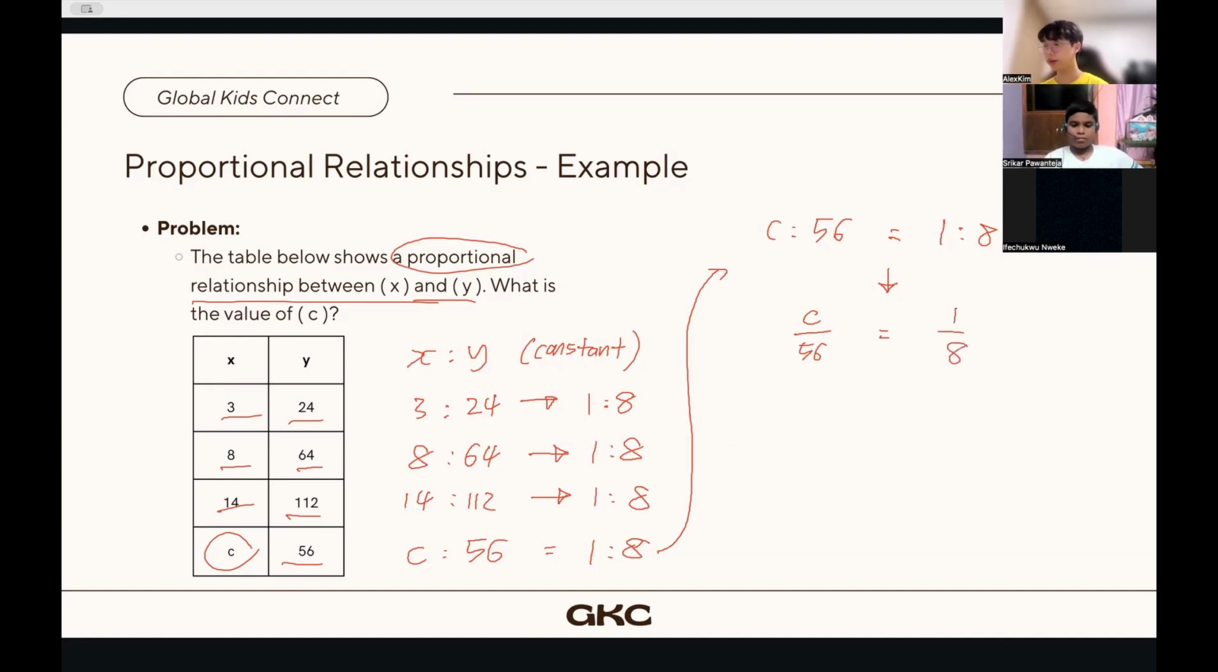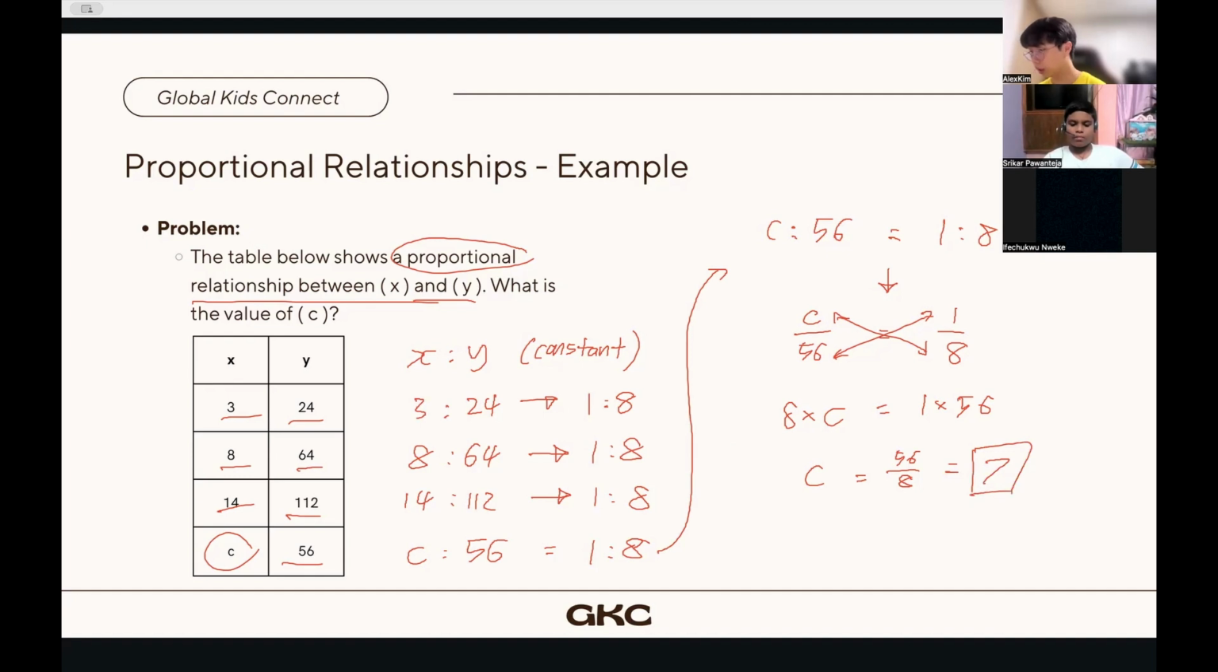And so if we have fractions instead of these colon ratios, then we can now utilize cross multiplication in order to find C. And so we can do the same thing as we did here last time and cross multiply so as to get 8 times C equals 1 times 56. And so if we divide each side by 8, then we get C equals 56 over 8, which equals 7,